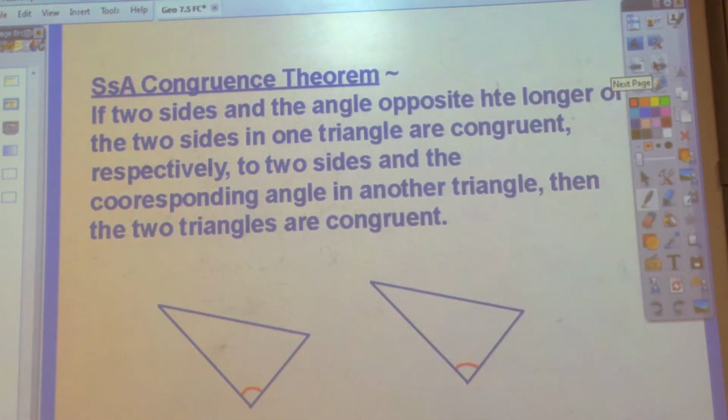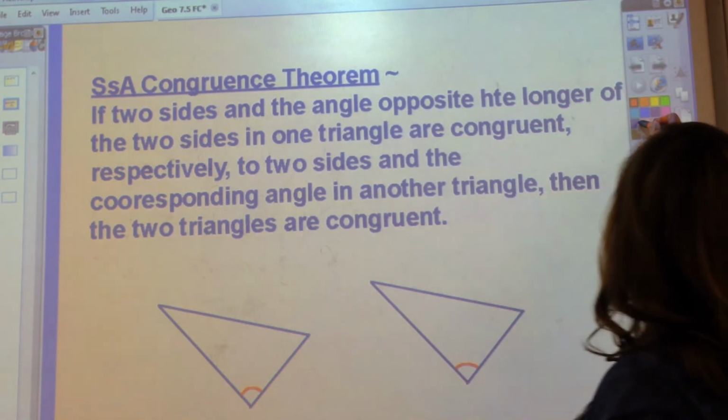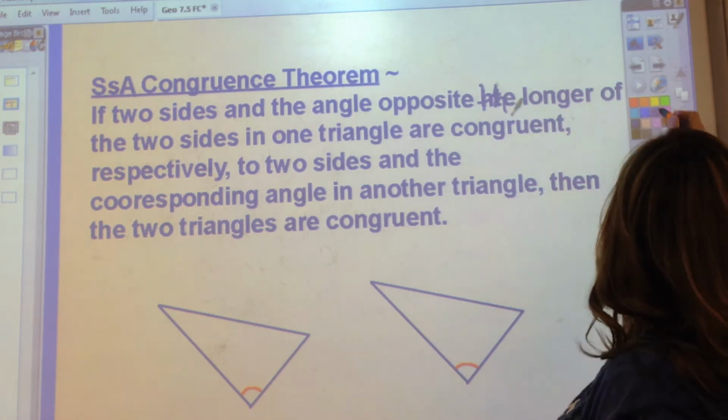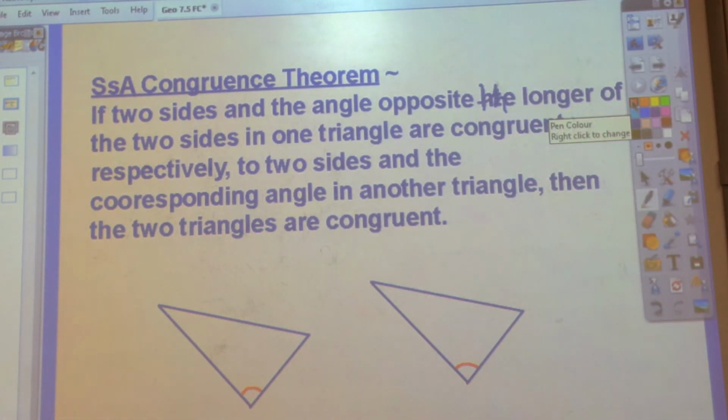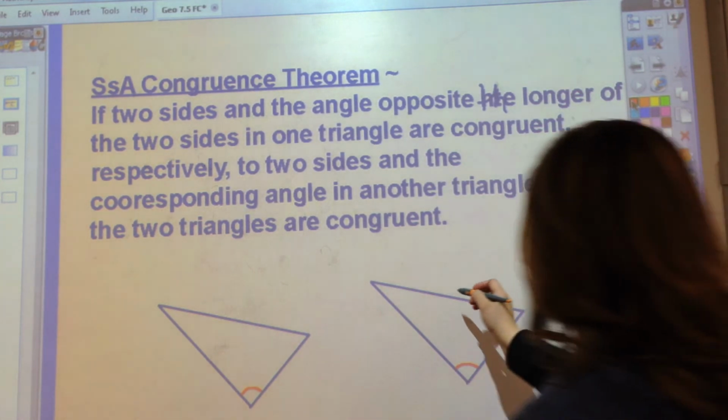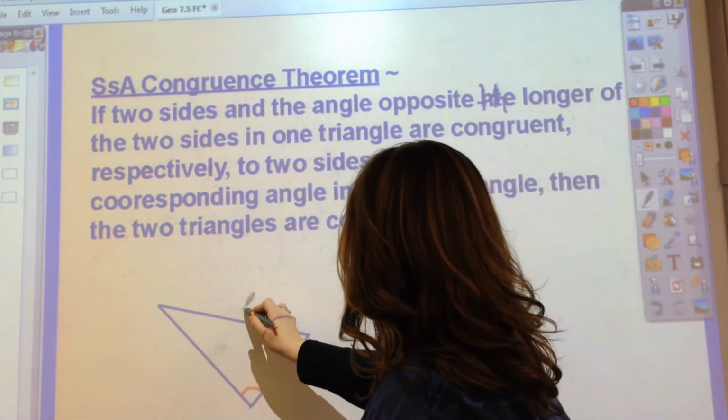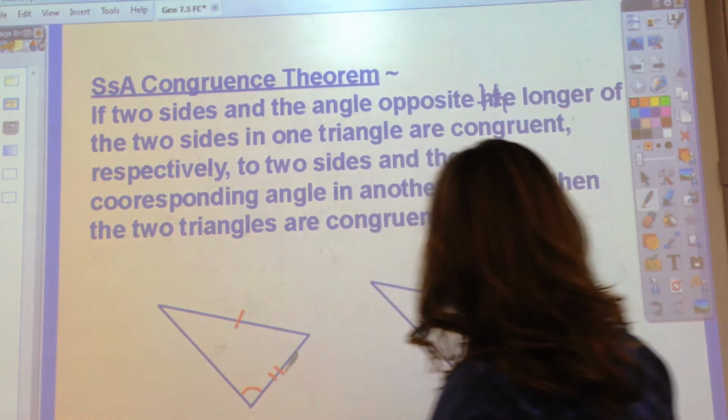All right, let's look at the side-side angle congruence theorem. And this one is probably the most convoluted of any of our congruence theorems. Here we say if two sides and the angle opposite the longer of the two sides in one triangle are congruent, respectively, to the two sides and the corresponding angle in the other triangle, then the two triangles are congruent. For example, if I could say these two side lengths are congruent and these two side lengths are congruent,